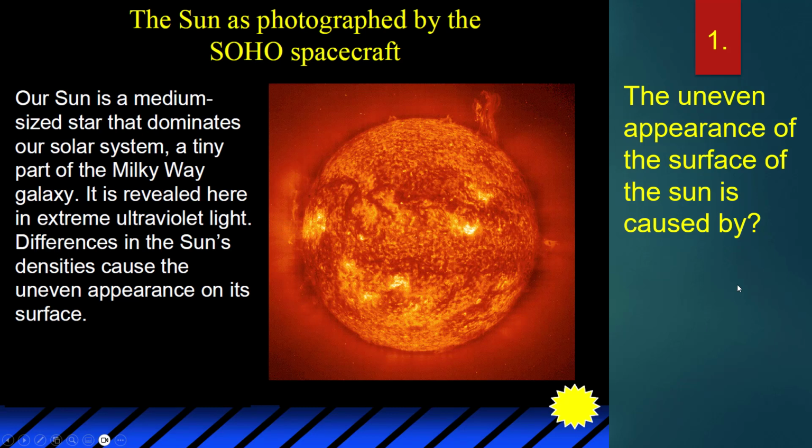Our Sun is a medium-sized star that dominates our solar system, a tiny part of the Milky Way galaxy. It is revealed here in extreme ultraviolet light. Differences in the Sun's densities cause the uneven appearance on its surface. Question 1. The uneven appearance of the surface of the Sun is caused by